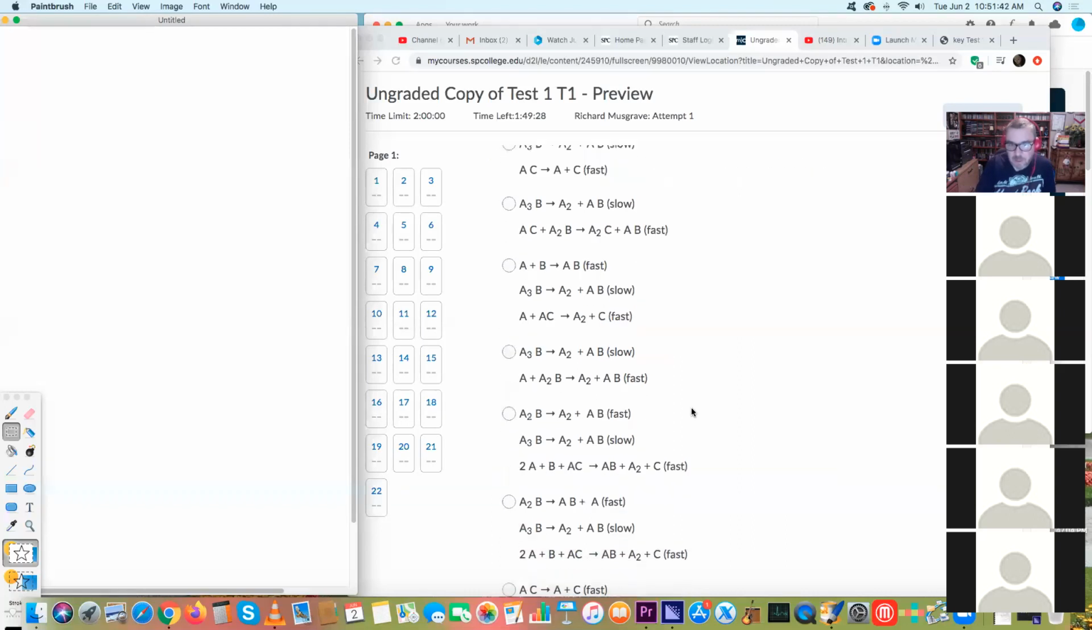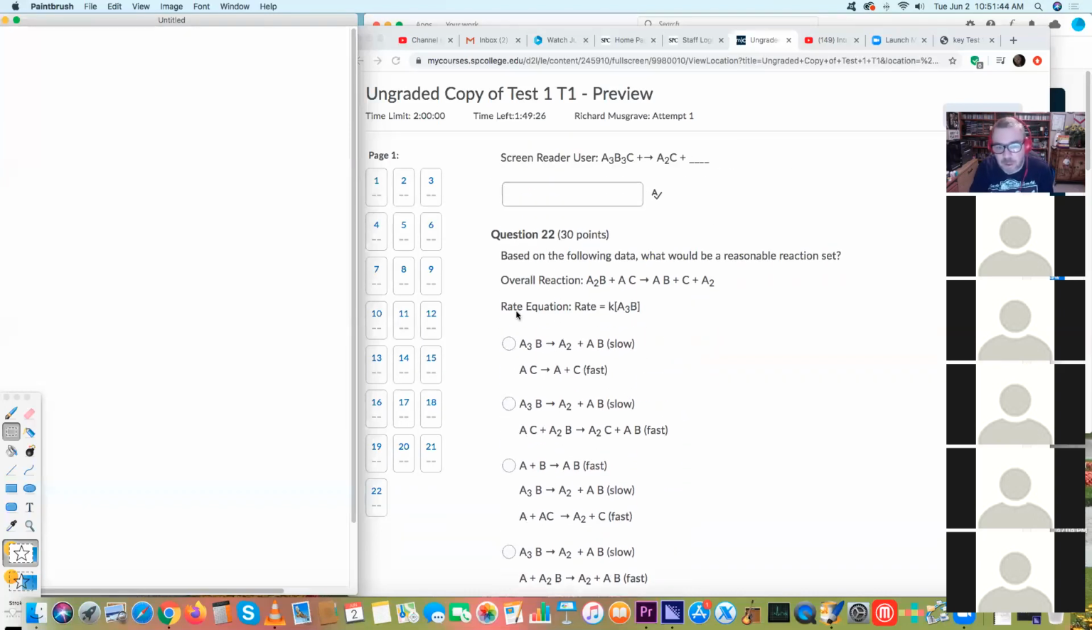Now, the way I tell that is I look at the rate equation and I see I've got A3B. And I look at A3B and I say, well, that's not a reactant. If A3B isn't a reactant, then it must have been made by something in the reactants, which means that the slow step must be the second step. So that's what I would do first. I would put that down as the second step. So to go A3B,